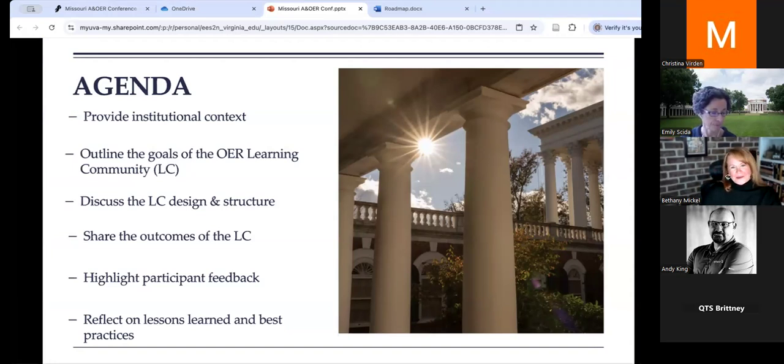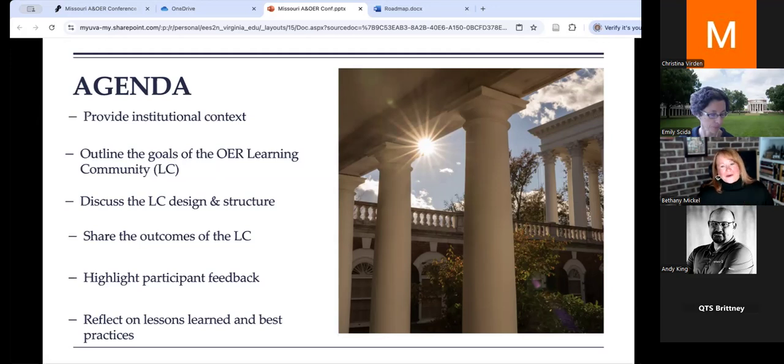So today we're going to be providing you with some institutional information about UVA so that you can really situate this work within the context. But then we're going to really lean into the goals of the OER learning community, discuss its design, its structure. We'll talk about some of the outcomes we've had from the learning community, and we'll highlight some of that participant feedback that's always so valuable.